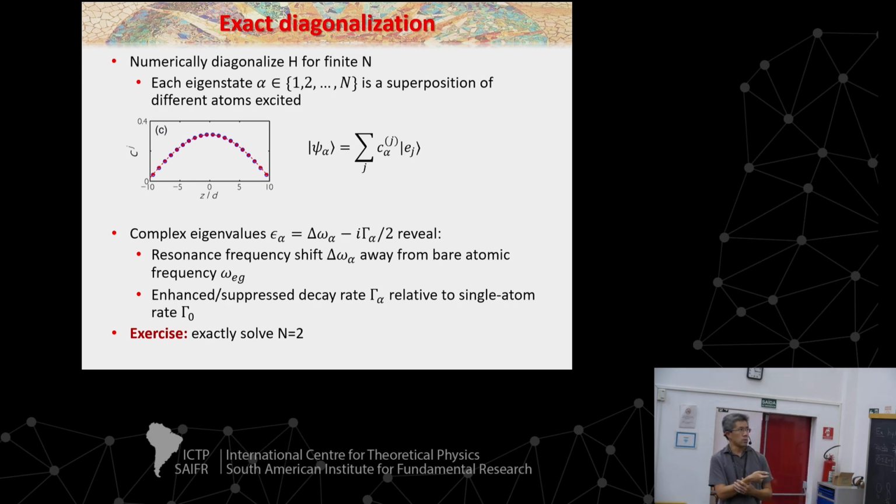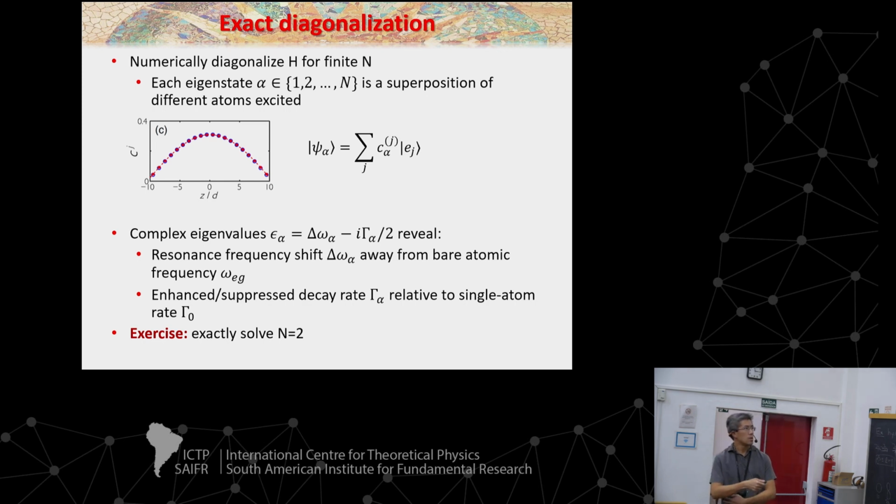And each one of these normal modes could have a resonance frequency that's different than the bare atomic resonance frequency. So that's what this real part of the energy describes, delta omega alpha, that's the shift. And then the imaginary part will describe the decay rate of that superposition, of that one collective excitation. And in general, that might be different than the single atom spontaneous emission rate due to some kind of interference